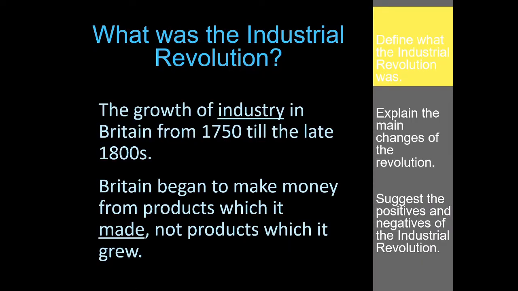Okay, first we need to define what the Industrial Revolution is. So, the growth of industry in Britain in the 1750s to the late 1800s. When we're talking about the Industrial Revolution, we're talking about the growth of industry. Britain began to make money from products which it made rather than grew. So we're talking about things that it actually built rather than things that it grew out of the ground,